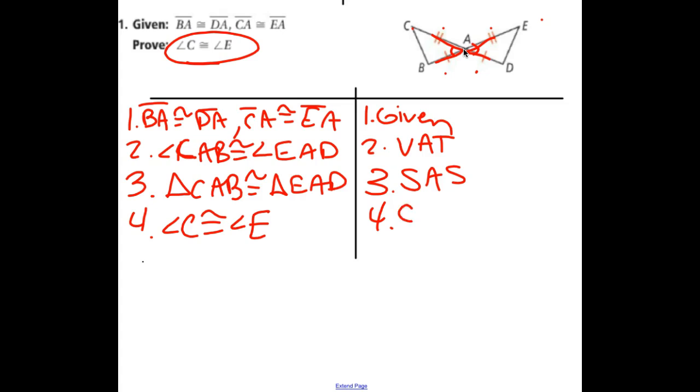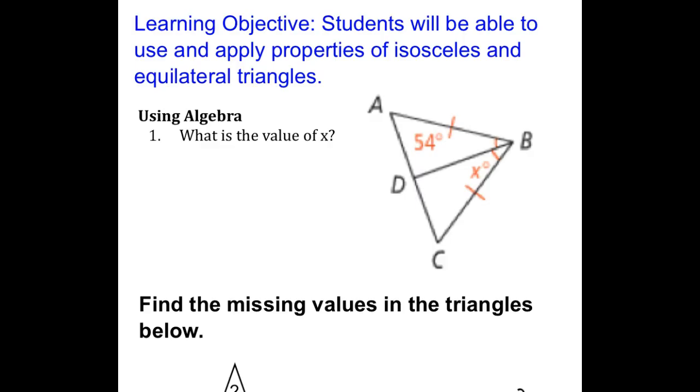It should be CPCTC, corresponding parts of congruent triangles are congruent, proof. So, lucky for you, we don't have another proof after this. We're going to move on to our next objective, that students will be able to use and apply properties